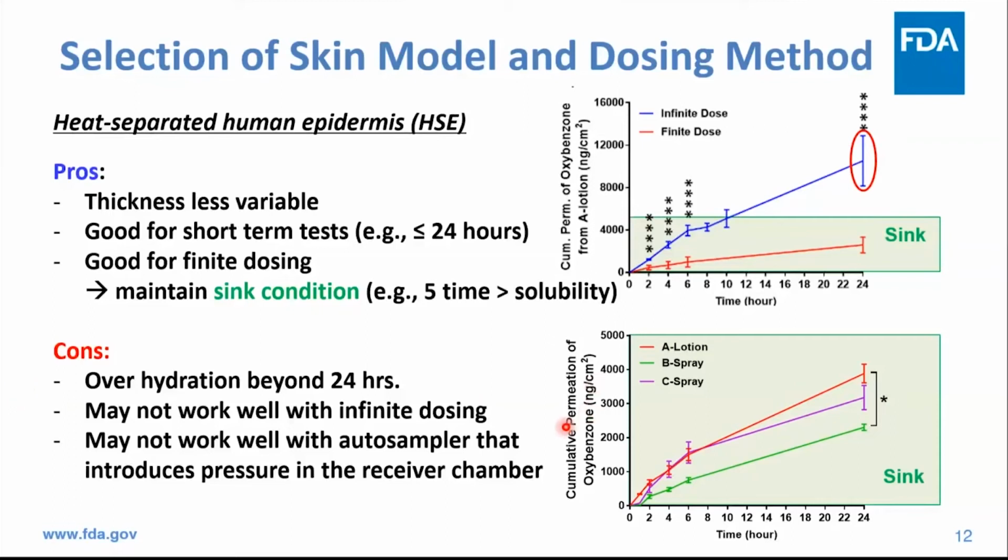From the graph on the top comparing the finite dosing group, showing red, with the infinite dosing group, showing blue, you can see the infinite dosing group has a much greater standard deviation at 24 hours compared to the finite dose group, with a percent CV of 22.5 compared to 9.3 in the finite dose group. So we found that the amount of oxybenzone in the receiver solution, when we calculated it for troubleshooting,